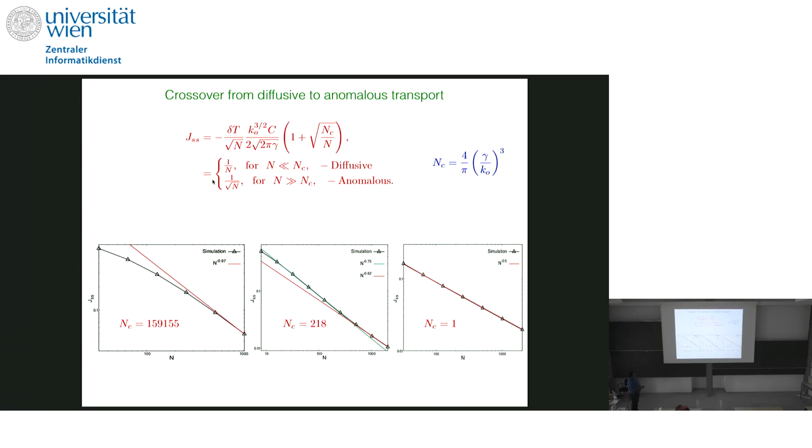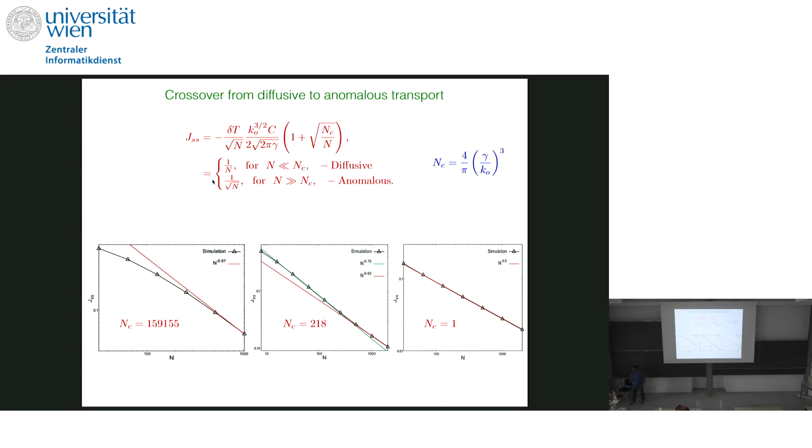Below this, it is trying to reach this 1 over n behavior, but before it could reach there, it has already crossed over to the anomalous regime. To see this from this exponent to that exponent, you need very large N_c, and on top of that, you should be able to find these currents for n much larger than N_c also. That is very difficult to get numerically, but at least you can demonstrate it in this way. Okay, so this is how I demonstrate the crossover.